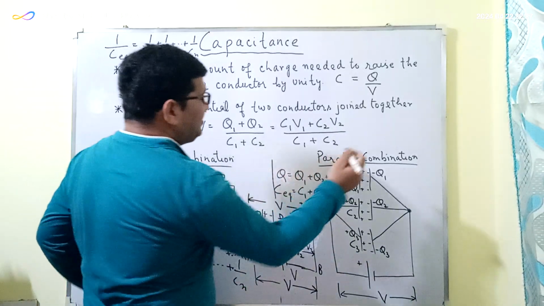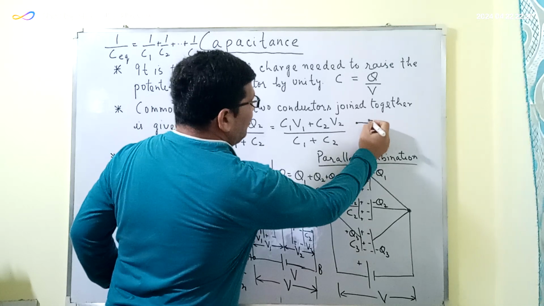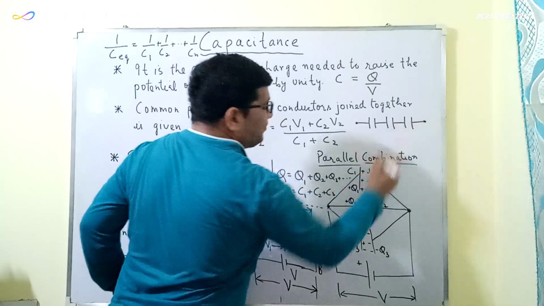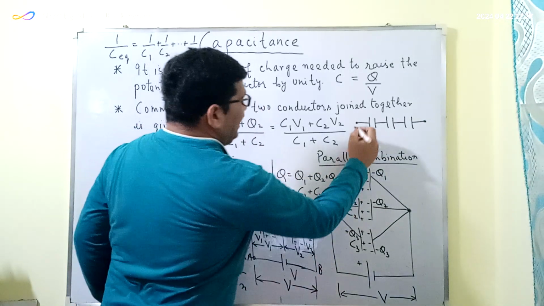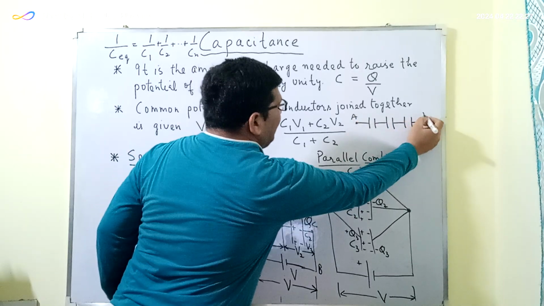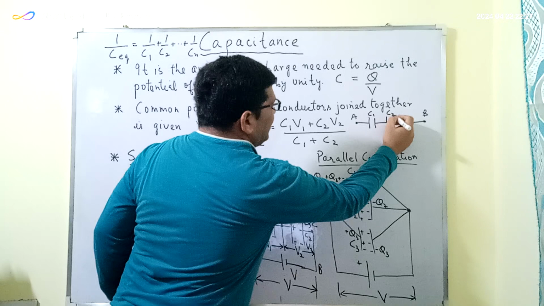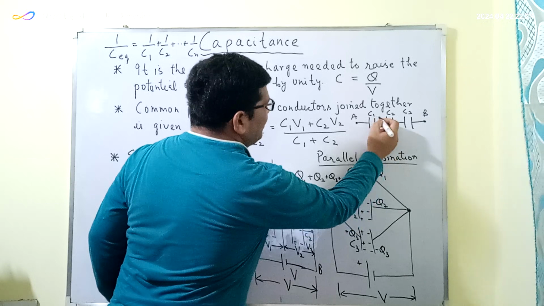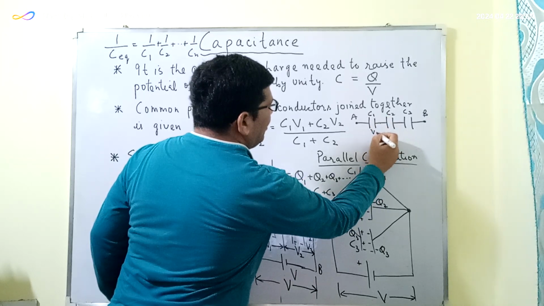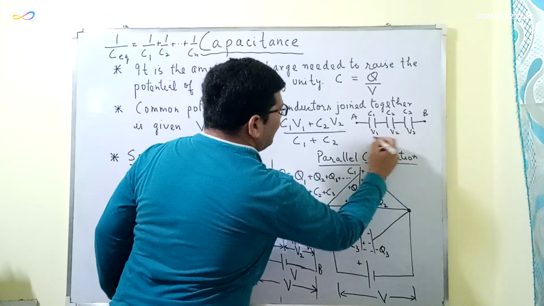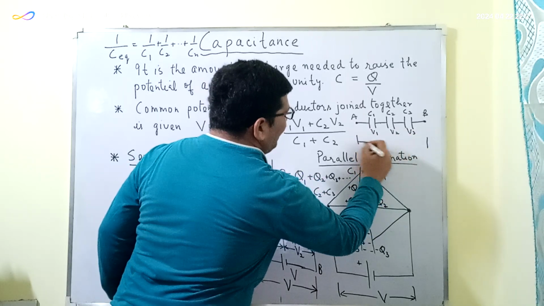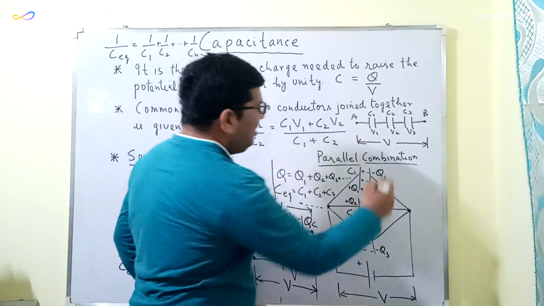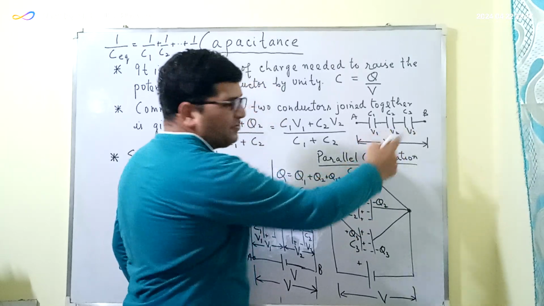Suppose, I am just drawing it here. This is one end of the capacitor. Now this is one capacitor. This is another capacitor. This is another capacitor, like this. Now let us say this is the point A and this is the point B. These are capacitors C1, C2 and C3. Now the potential difference across this capacitor C1 is, let's say, V1. Across this one it is V2, across this one it is V3, and the potential difference across AB is, let's say, V. So what will happen? V will be equal to V1 plus V2 plus V3.